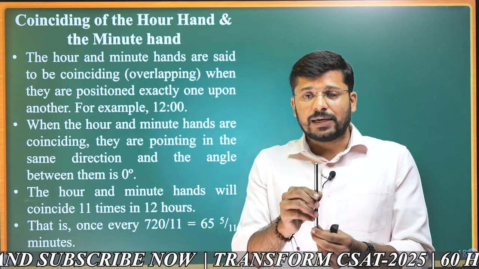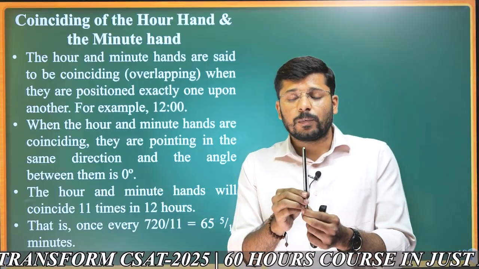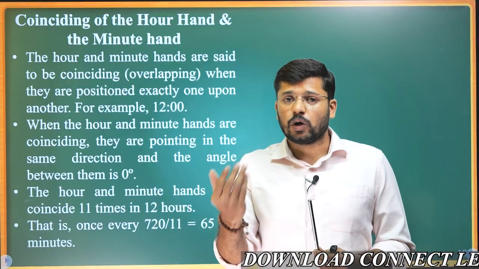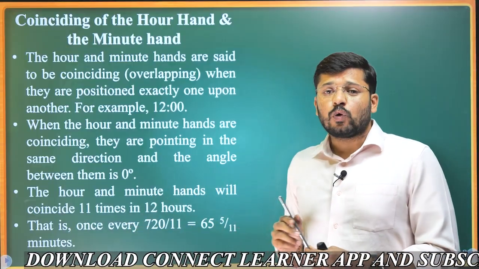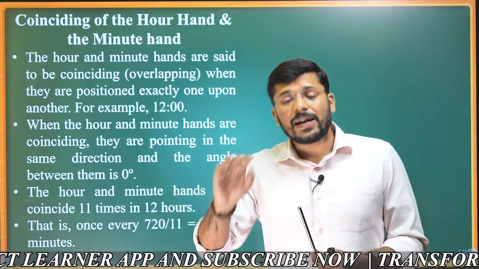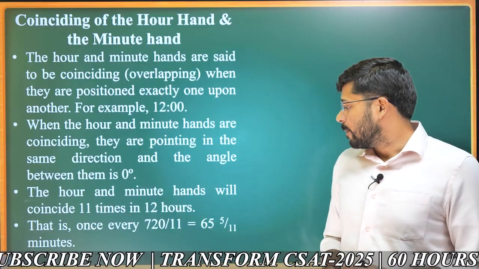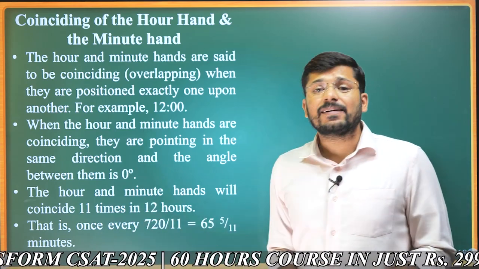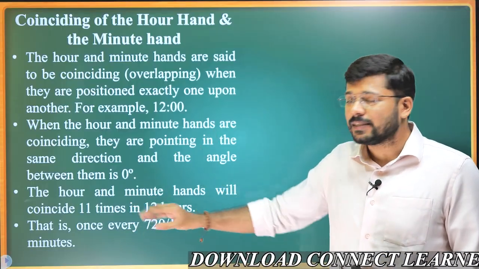At 12 o'clock, they make coincidence, right? 65 minutes after that, that is 1:05 something. From 12 o'clock to 1:05, it will be 65 minutes. 12 o'clock plus 60 minutes is 1 o'clock, plus 5 minutes. So at 1 o'clock, 5 minutes and some seconds, they will again coincide. Then after that, at 2 o'clock, 10 minutes and something, they will again coincide. So this happens once every 65 point something minutes, and that way they will coincide exactly 11 times in 12 hours. There is no need to get confused. I will explain this further in detail.